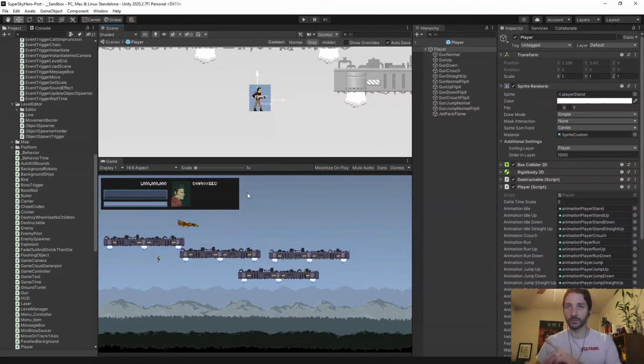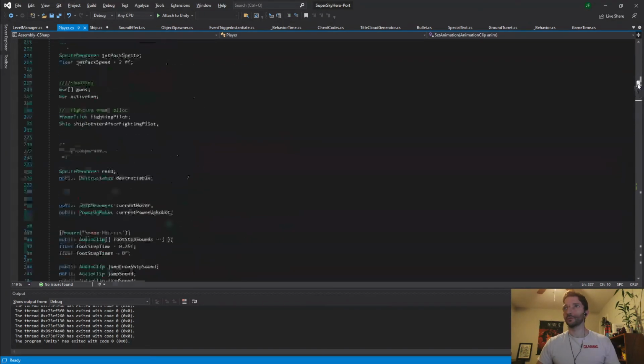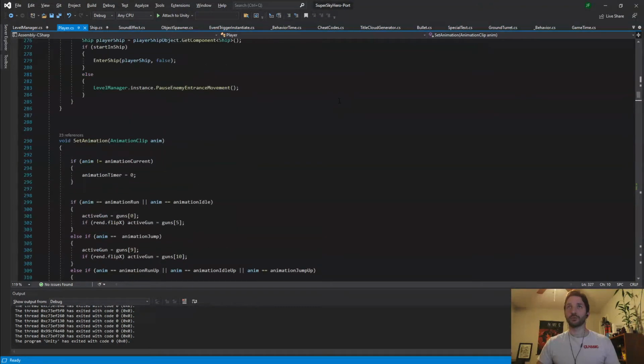Oh wait, there was a bug. When I entered the ship from being on the ground, I have to make sure that I'm ungrounded, right? So that's kind of a weird thing, but